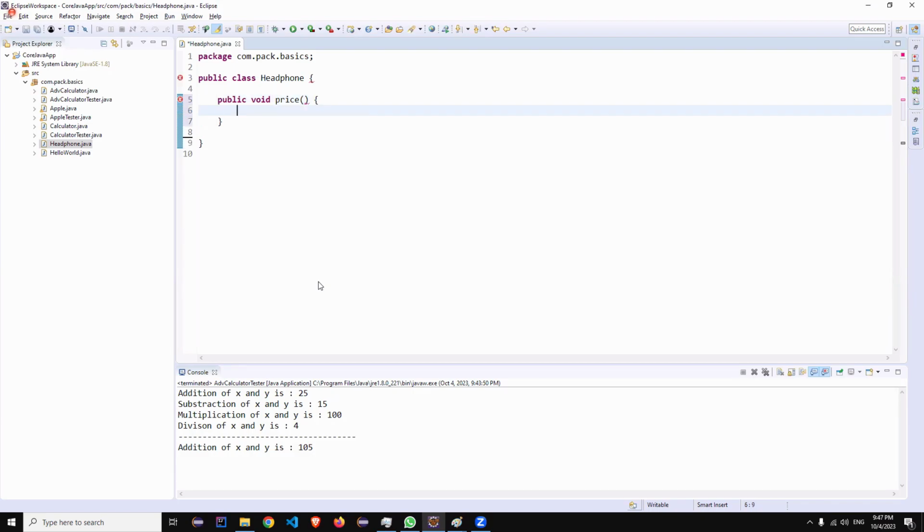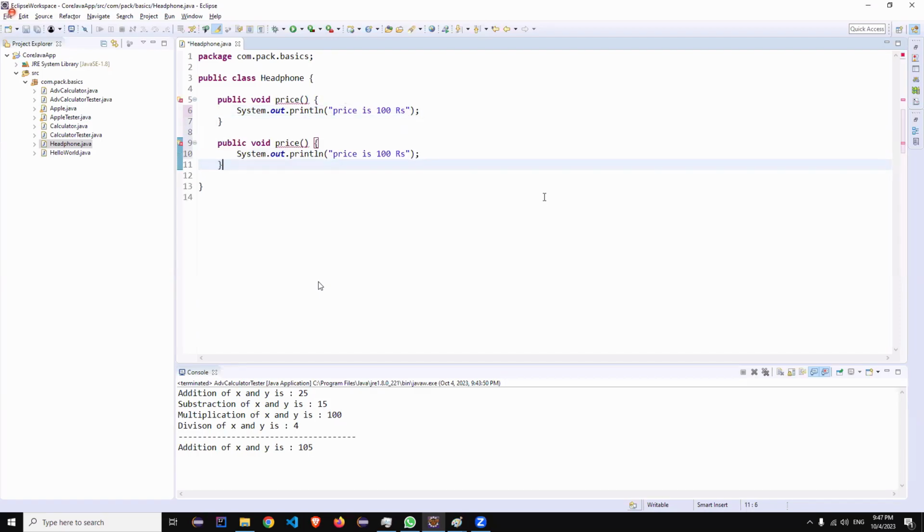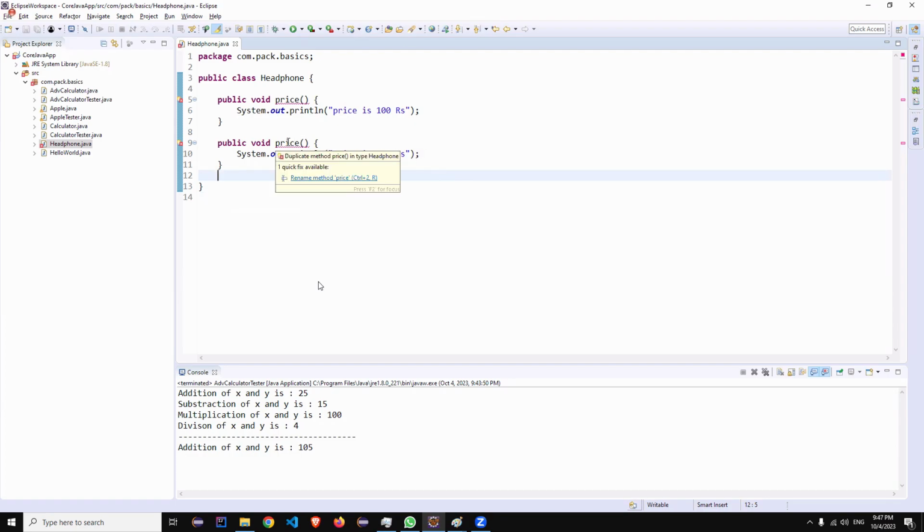Okay. So price done. And here I'll say price is 100 rupees. Now, if I copy and paste, it's giving me an error. What is it saying? Let's hover the mouse. Hover means take the mouse over it. That's it. And now what is it saying? Duplicate method price in type headphone. Yep. You have a duplicate method name. How is it possible? So either you need to change the name,